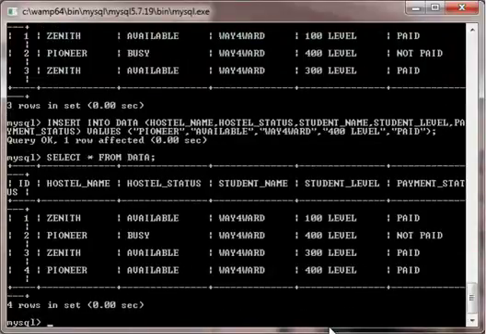So let me select this back. So you can see now I want to filter this database. I want to get the students that have paid the school fees, and then the student must be in either 100 or 400, and then the hostel he or she is coming in must be available. So that's where we now need to use the conditional statement, which is select. Let's select all from data where